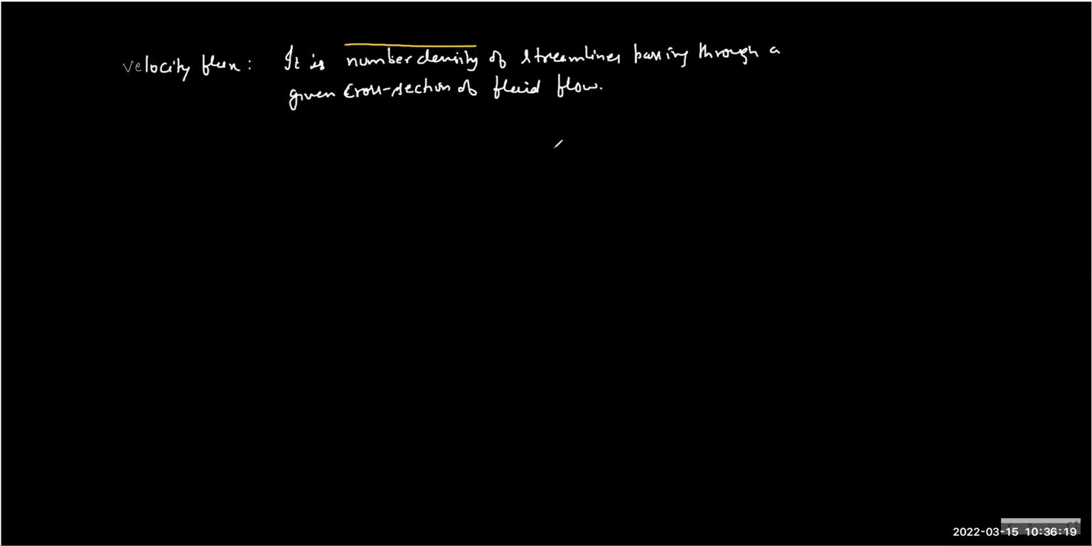So you got the idea of velocity flux. Flux is the number density of streamlines passing through a given cross section. And in physics, especially in fluid dynamics,